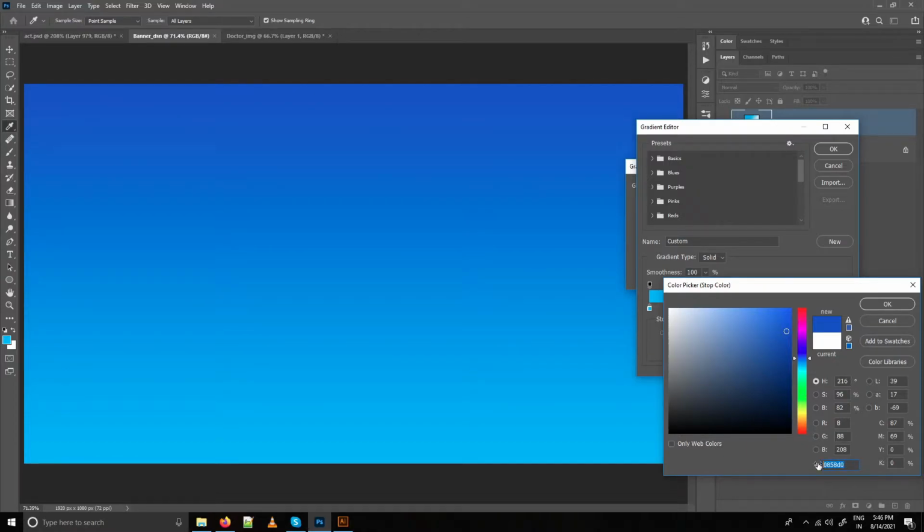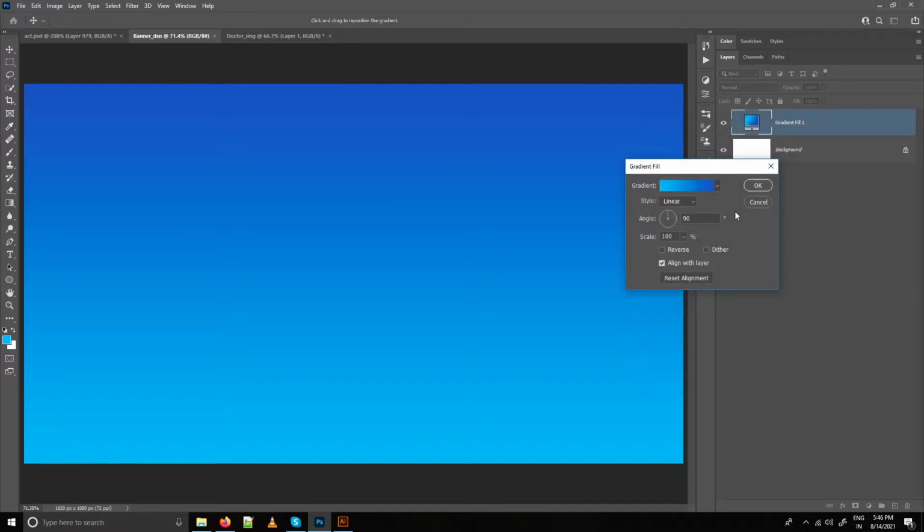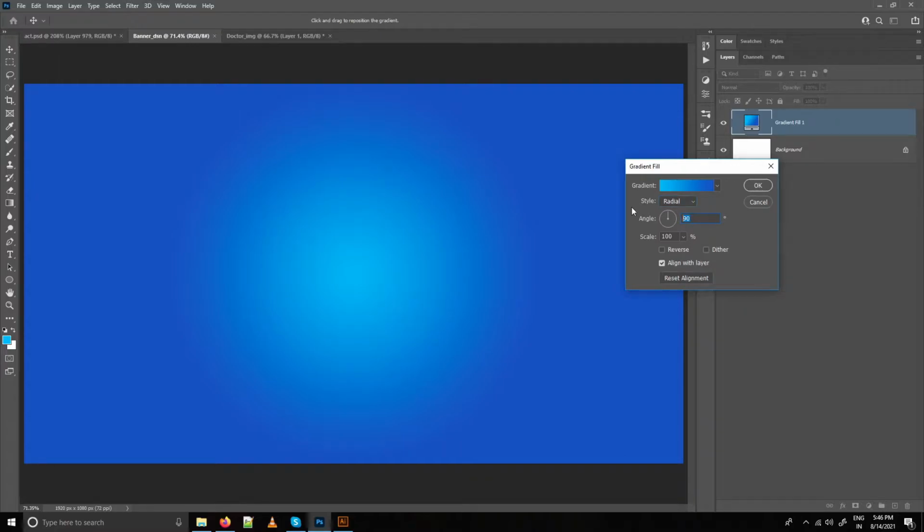Here is the second color hex code. Press OK. Change the style to radial. Angle can be 120 and scale can be 130. Now move the lighter shades where you are going to place your subject. Press OK.